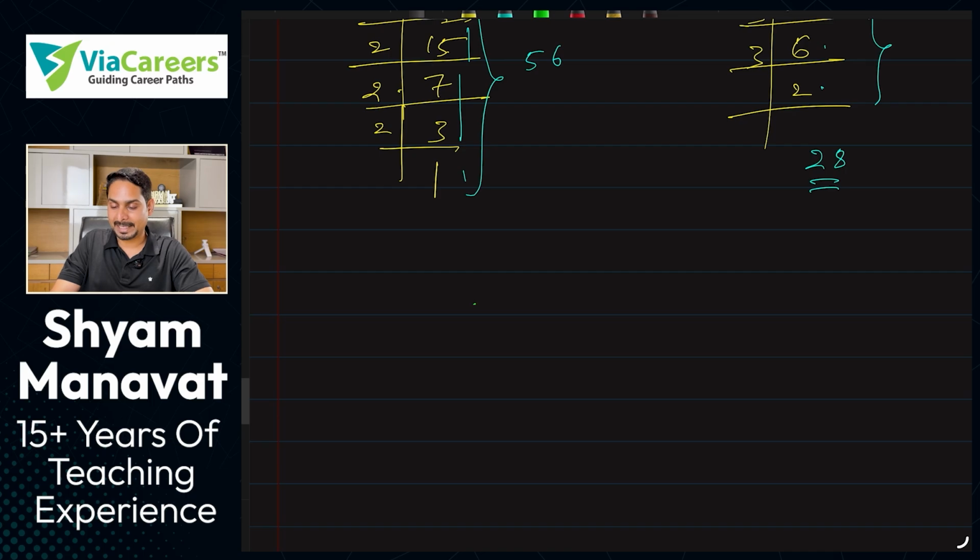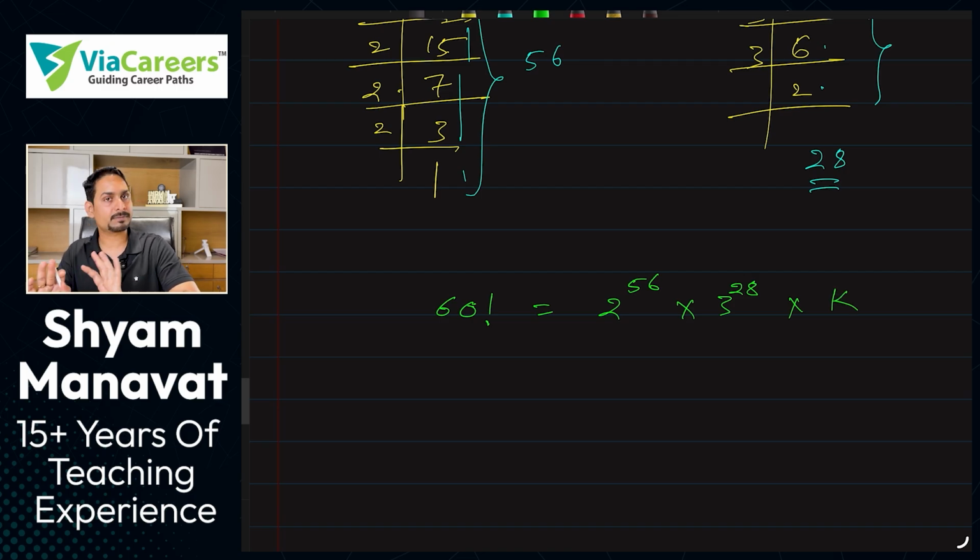So you have in 60 factorial the maximum power of 2 is 56 and the maximum power of 3 is 28. Correct? And then you get some constant. I hope the way I have expressed this is fine with you. 60 factorial is 1 into 2 into 3, and so on, a long number. How many 2s can you take common out of it? 56. How many 3s can you take common out of it? 28. Fine so far.